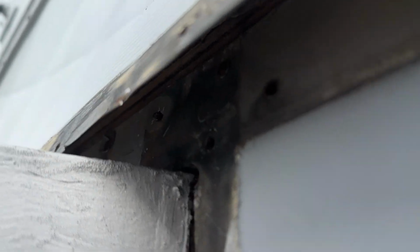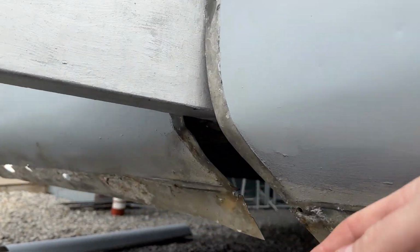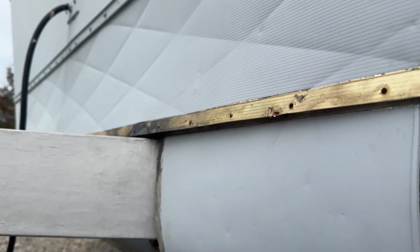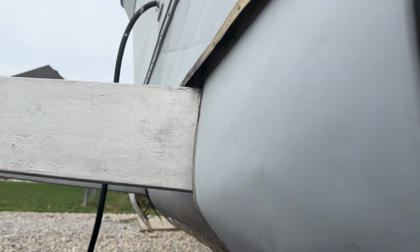And I started looking. I don't know if you're going to be able to see this. It's kind of hard to tell, but this piece of aluminum is actually one piece over this frame rail. So in other words, this curved piece and this curved piece are the same. There's almost no way for me to get that off with this metal on top still here. So what I'm thinking is probably going to be a better pathway here is just to remove this metal, take